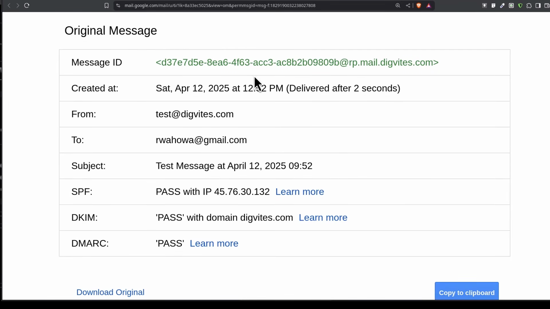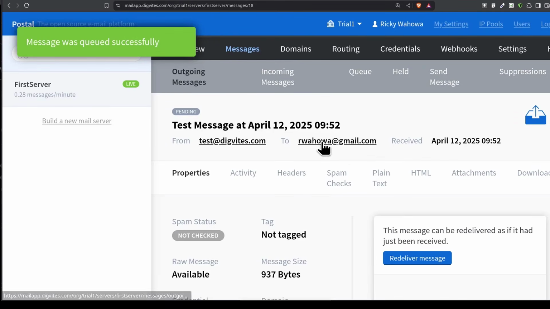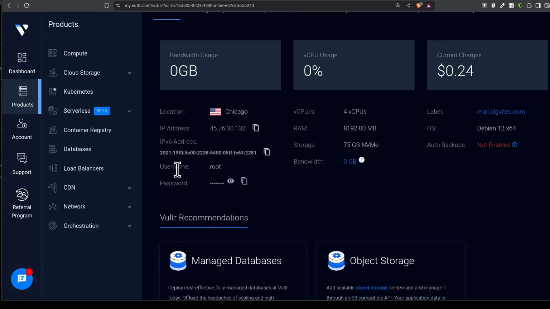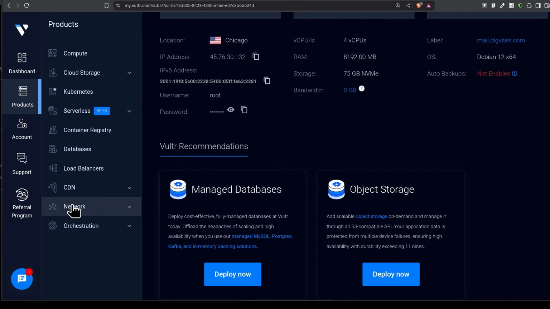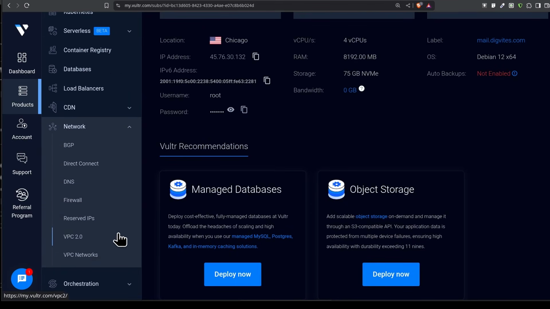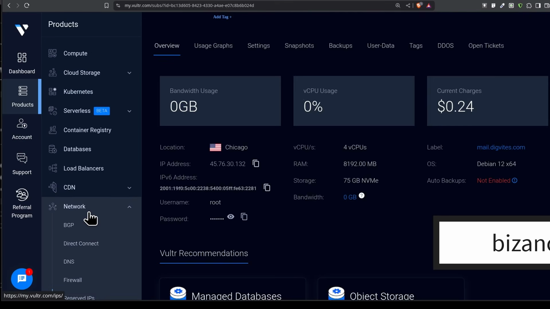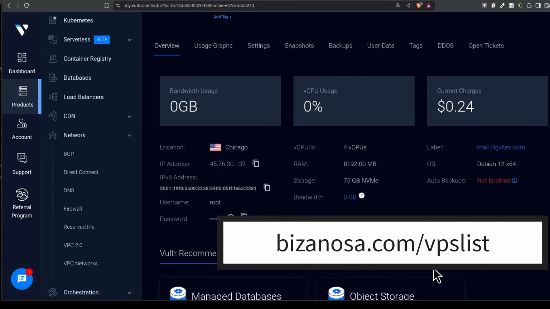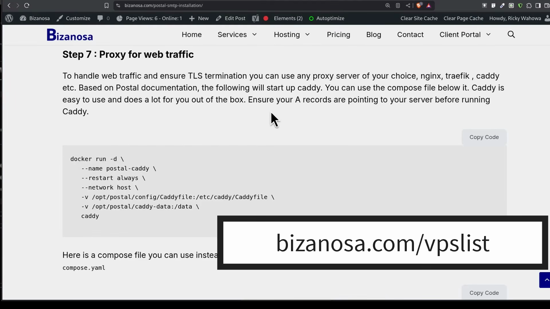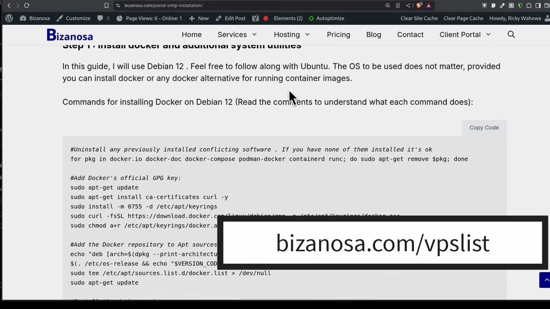All right. So that's how you can set up Postal. I know the video has been long, but I tried as much as possible not to skip any steps. You've also seen me test the IP pool system, and it's working. The reason why I used Vultr was because the interface is easy to use. You can add as many IPs as you need to add. DigitalOcean also has the same features. The interface is good also. If you're going to use any cloud provider, feel free to support my endeavors. I hope this is going to help you to set up a robust server.